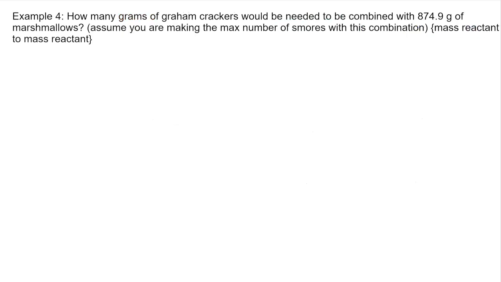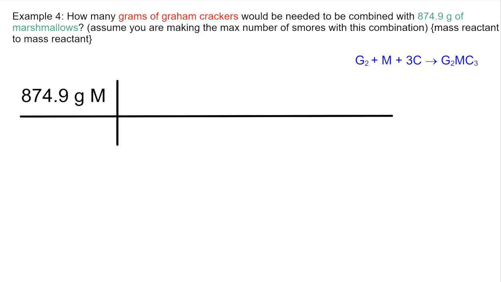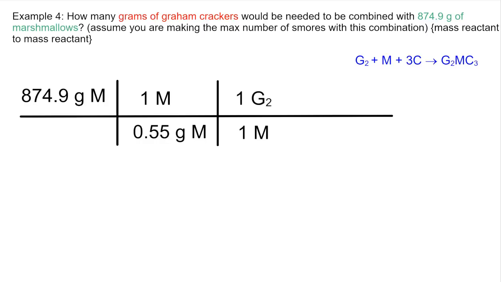Fourth problem is similar to the third problem. We're going to take 874.9 grams of marshmallows, and that's where we're starting. And we're trying to get to grams of graham crackers. So we're going to set up our grid with 874.9 grams of marshmallows. We know that 0.55 grams of marshmallow equals 1 marshmallow. We know that from the periodic table, in this case, the front of our lab. We know in our recipe for every 1 marshmallow, we have 1 diatomic graham cracker. And then we know from our lab,